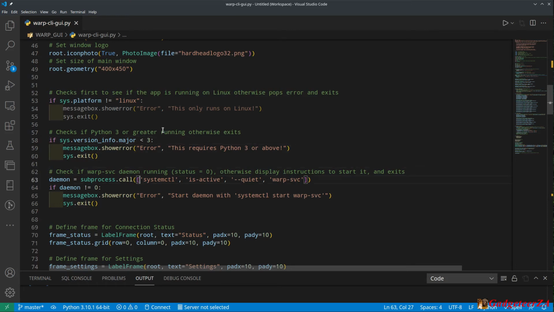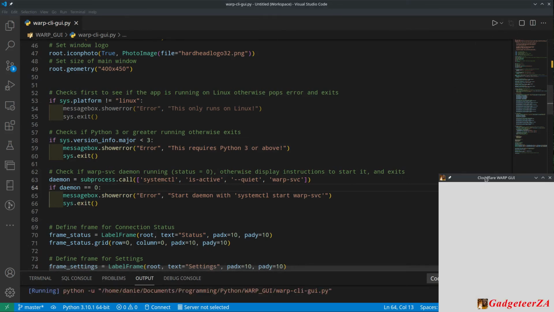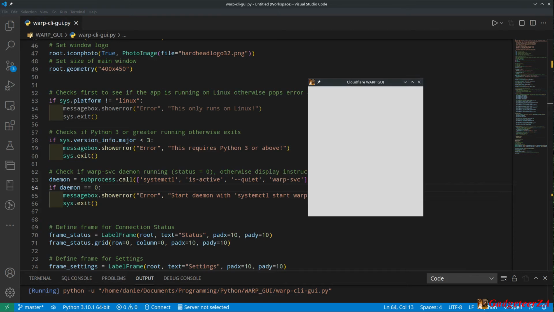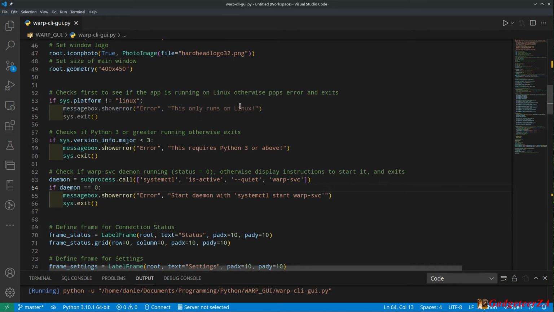And the one for the services running here, for example, it's a similar type of thing. I've got it there as not equal to, so if I change that to equals, now you run it. Again, you won't see anything in the window, but the message that would have popped up will say there, started with systemctl start warp-svc. I must maybe just expand that a little bit, because I think it's a sudo, and it's from the CLI, I should just say maybe as well. And it exits. Just get that back.